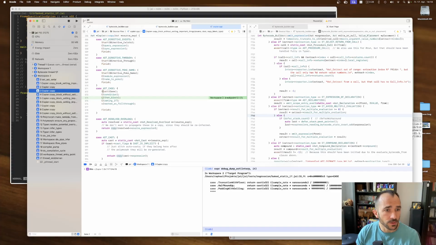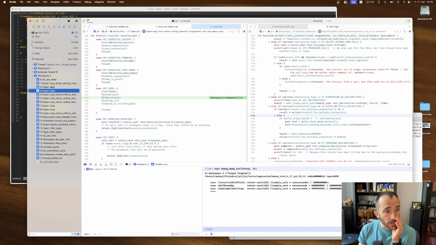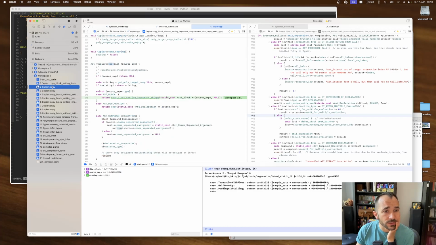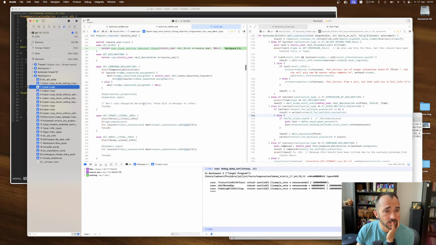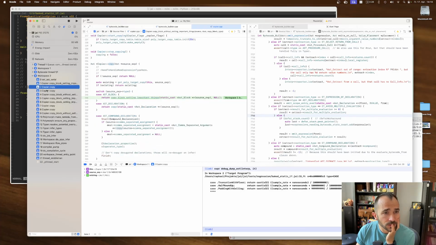So we copy the then block. And I guess who does the parent setting in this case? Someone has to set up the... Who sets the parent? There's something smart happening here. We have a block. We copy block setting important things. How does it get its parent set?